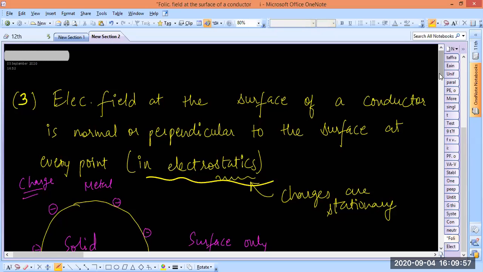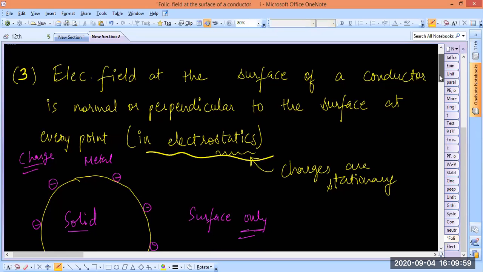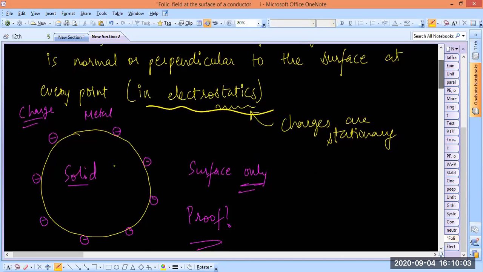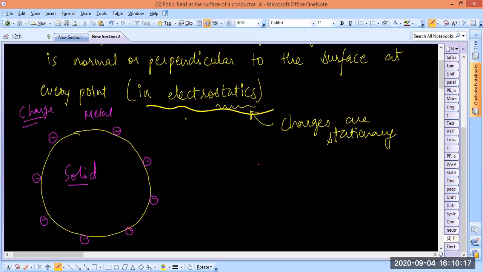So what does this sentence mean? Suppose you give some charge to this sphere. We have already proved that charge is only at the surface, so we are not going to worry about that now. I've shown some charge in this diagram, and we are going to prove